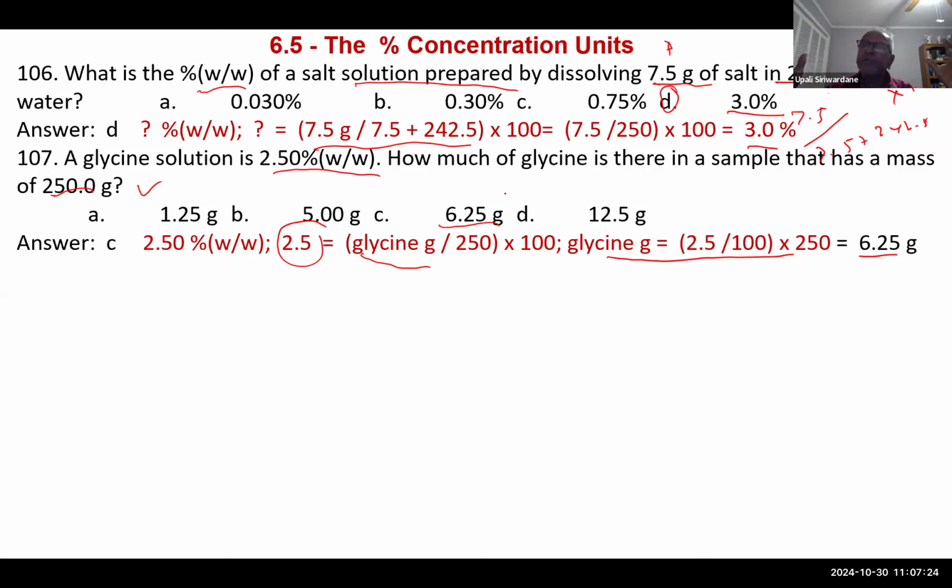I want you to go over these concentration units carefully. It's in the slide notes. I am going to continue this from here